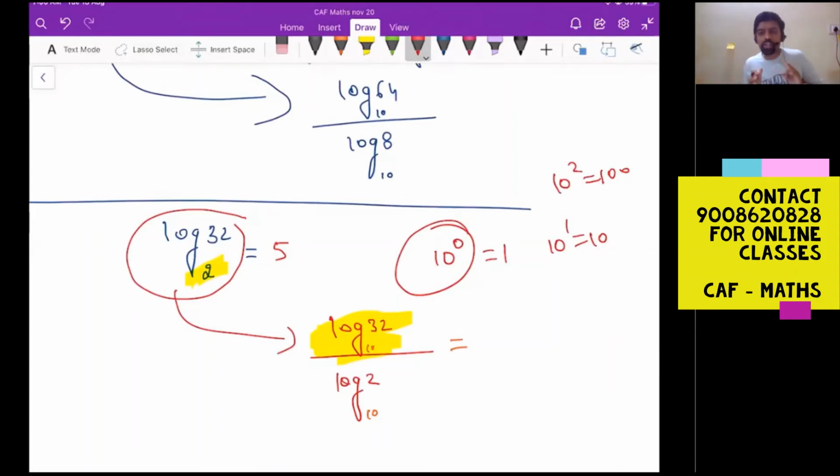So now quickly chat in. Can you find this by the trial and error method or not? Log 32 to the base 2, you told me the answer in a fraction of a second because 2 to the power 5 is 32. That's simple. Whereas can you tell me, for log 32 to the base 10, what will be the exponent such that the number becomes 32? Can you do it by the trial and error method? Yes or no?